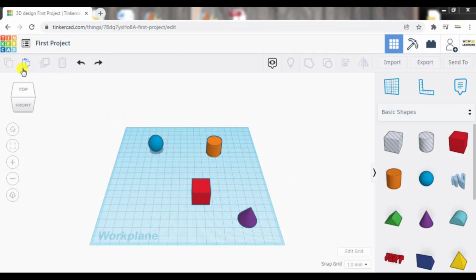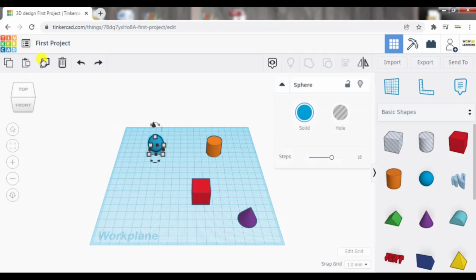Now we will look at all the functions mentioned here on top left corner. So if I select any object, let us say this blue sapphire, on clicking the blue sapphire, all these options light up. Now the first option is copy. We will see how to do it with this icon as well as how to do it manually with the keyboard. So if I click this option copy,